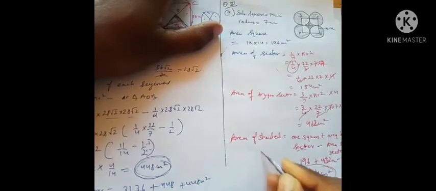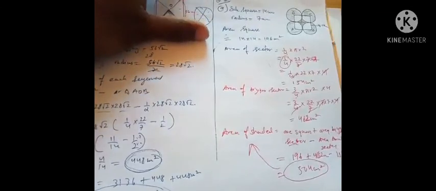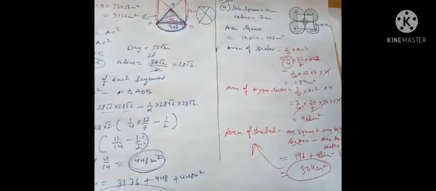So what is the area of the shaded part? 504 centimeter square. That's the area of the shaded part. Okay, so that's how you do these questions. You will slowly grasp it, but the most important thing you need to understand is that you'll be able to do any question out of this. First thing you need to do is figure out the side and then figure out the radius.